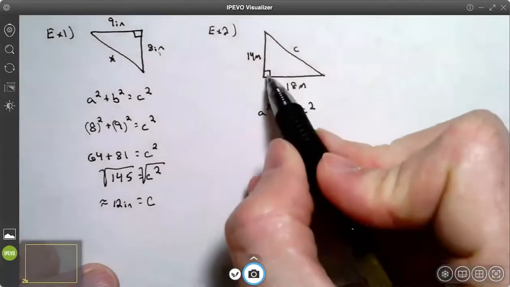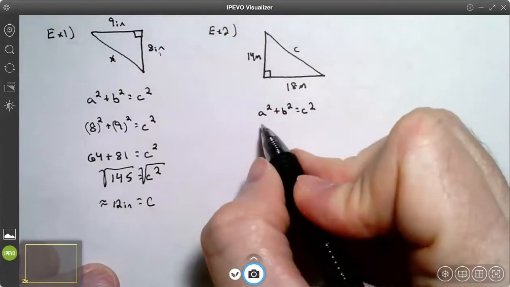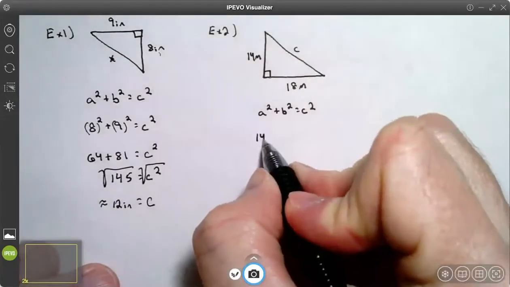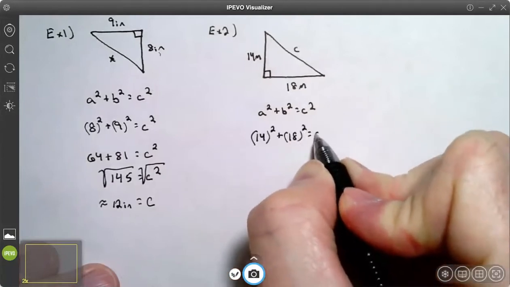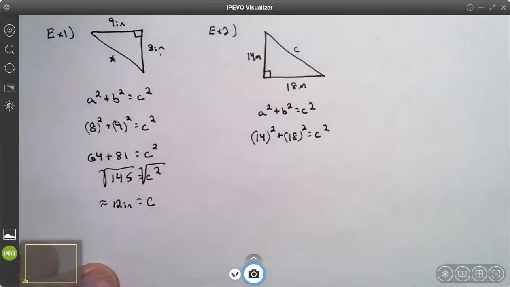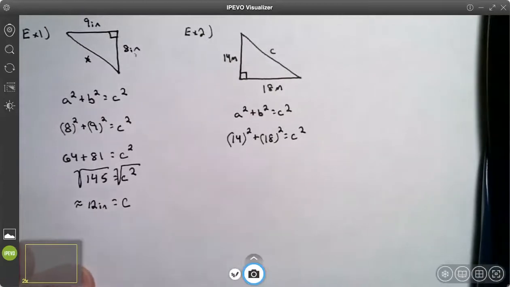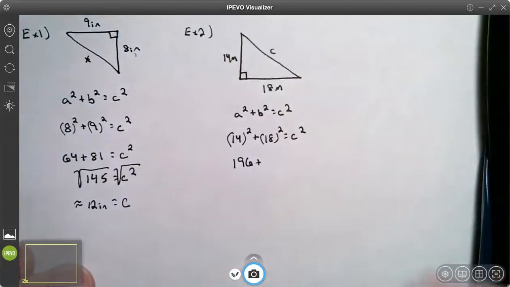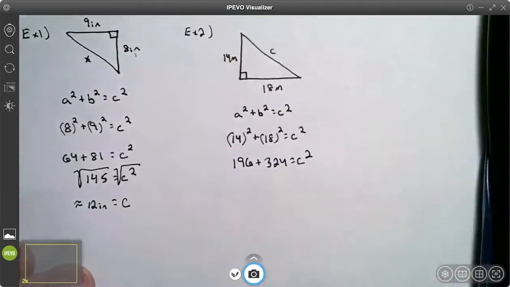Here's another example. I'm given a right triangle. My legs are 14 and 18, and I'm asked to find the hypotenuse. I have my Pythagorean theorem written out, a squared plus b squared equals c squared. I'm going to plug in 14 for one of my legs, 18 for the other leg. I'll use my calculator to find these measurements. 14 squared is 196. 18 squared is 324. When I add those together,